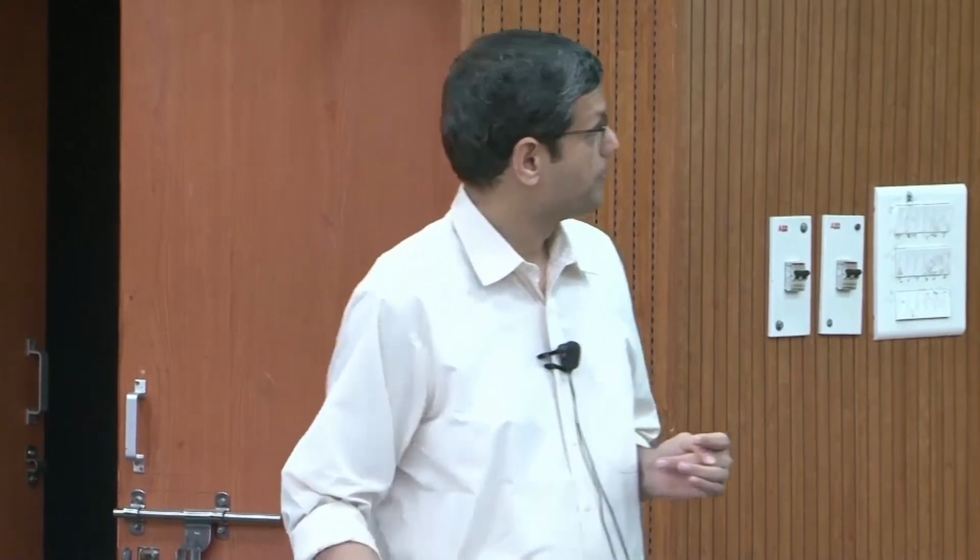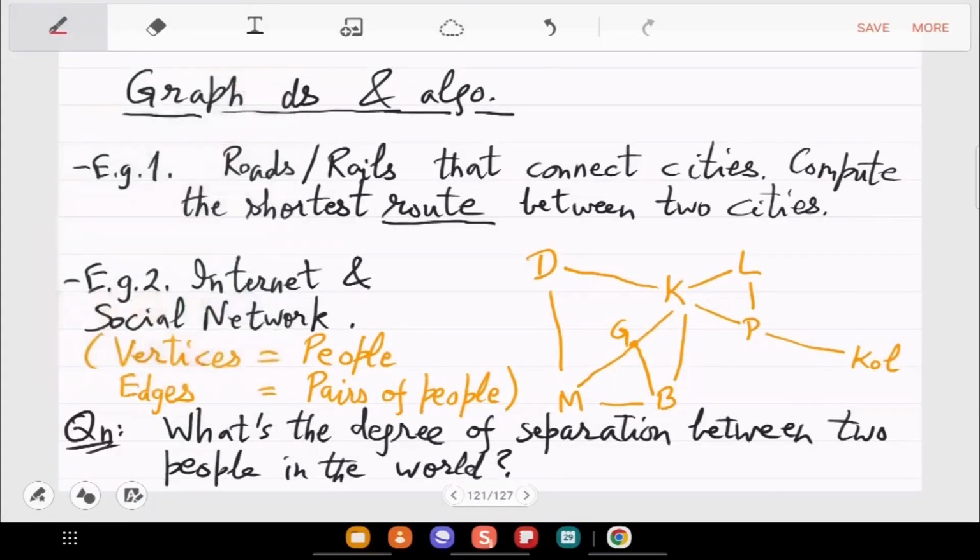Okay, so we started this new chapter on graphs last week. So for us, a graph will be just a set of vertices 1 to n, and the edges will be pairs (i, j). And the types will be undirected graph, which means that (i, j) is an edge if and only if (j, i) is an edge, or directed graph where one of them may not be an edge.